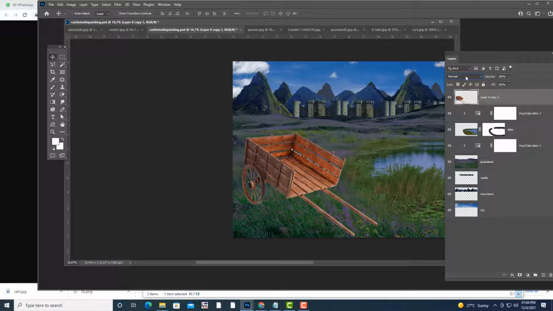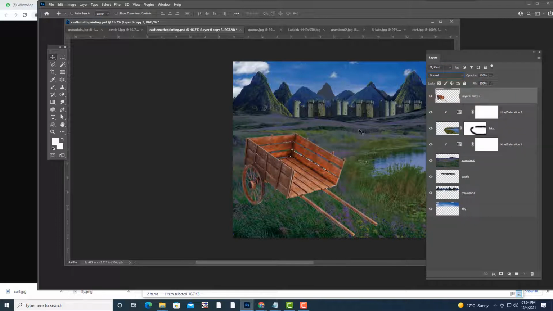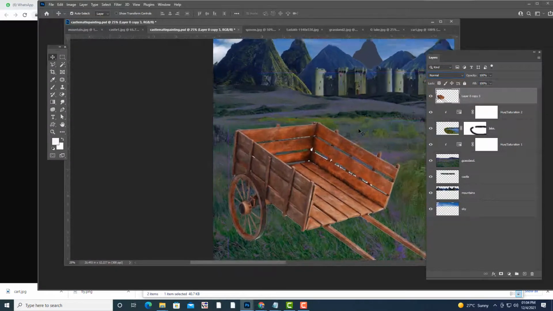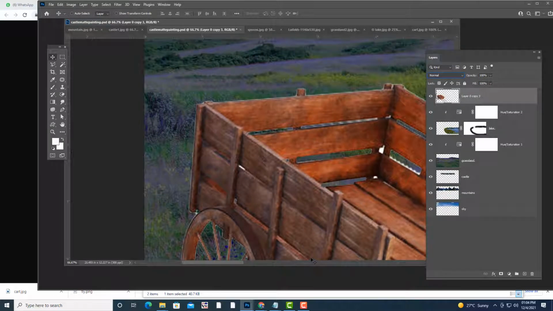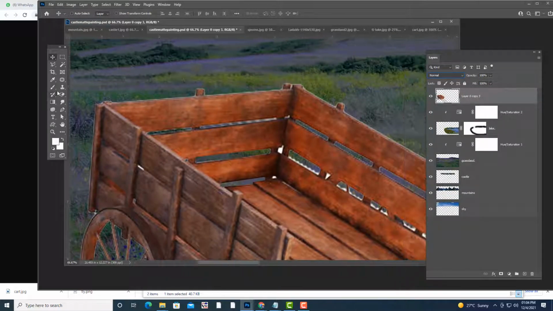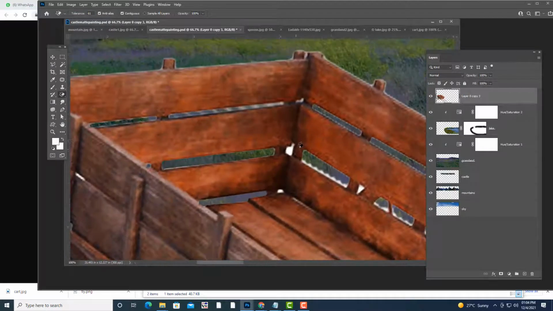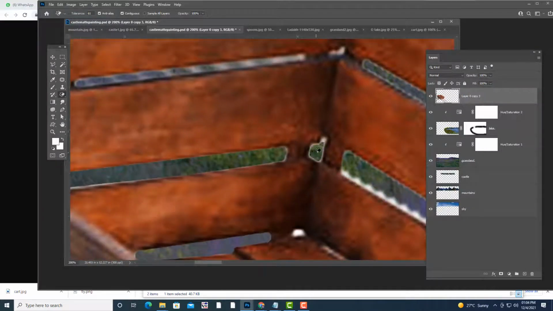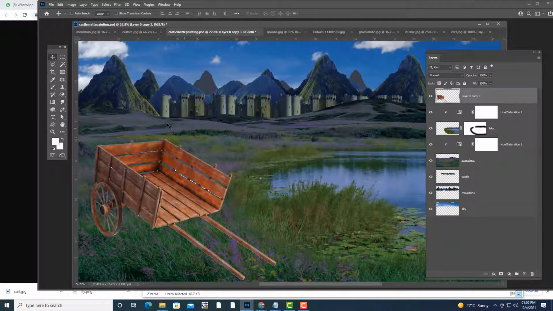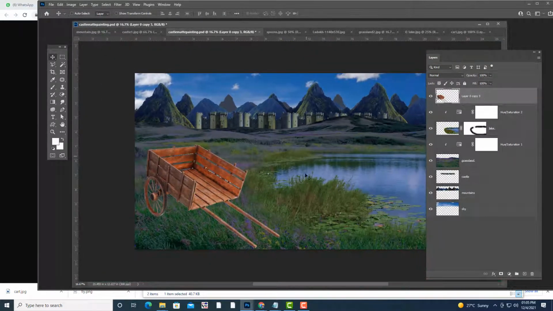So we still have to do color matching, and if you want to improve these areas, see for example here, some parts are there, you can still remove them. Right, so this much is okay.